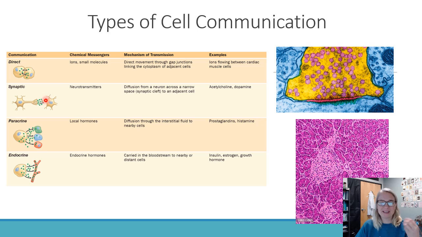They are released into a synapse, which is a small little space between the neighboring cells. So they don't touch. Direct contact is cells touching. In synaptic communication, there's no touching, but they're really, really close. So this top picture is showing the end of one of these neurons. There's this little, it's called the synaptic knob. So that's what we're looking at here.